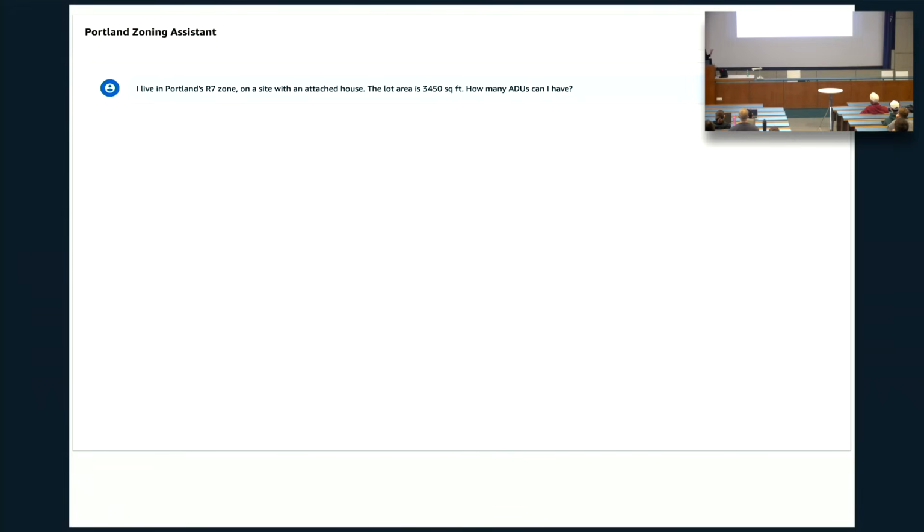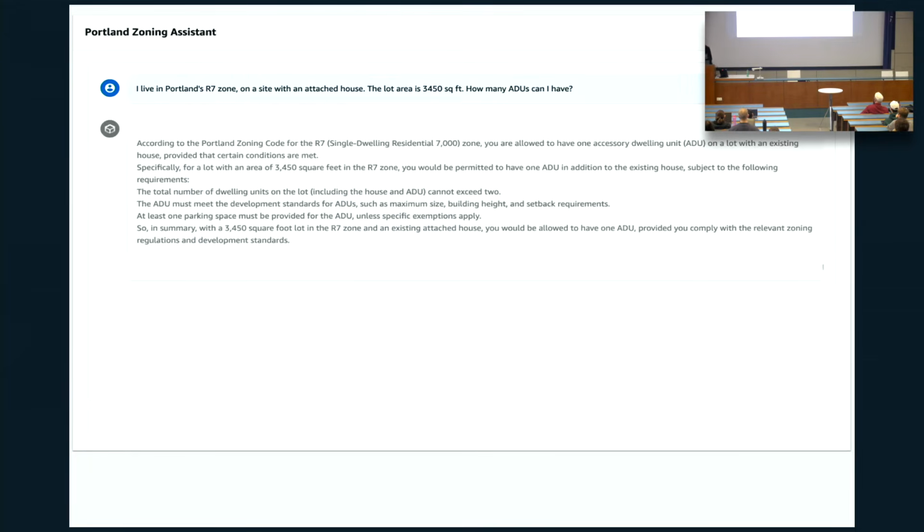So imagine you're the city of Portland and you put this chatbot out, and the chatbot is allowing the population, the city dwellers, to ask questions around construction. So there's this idea called an accessory dwelling unit. It's like a small house in your back garden that you can build. And so imagine you get an answer from the chatbot,